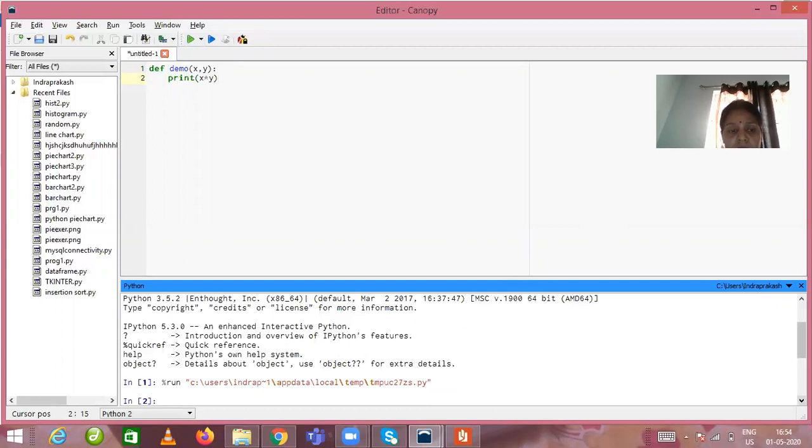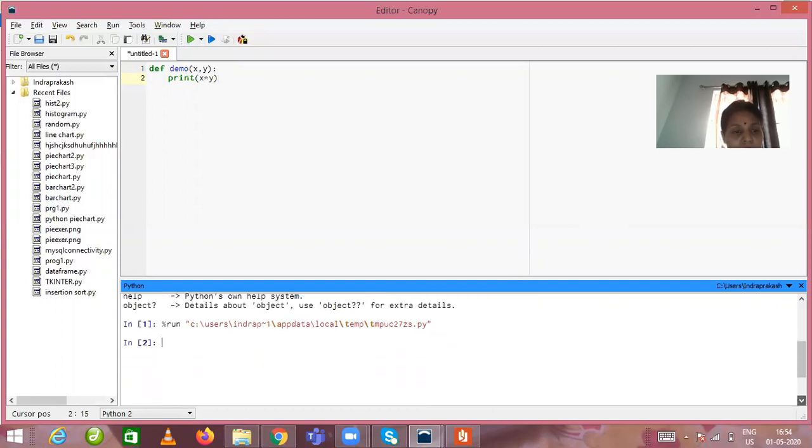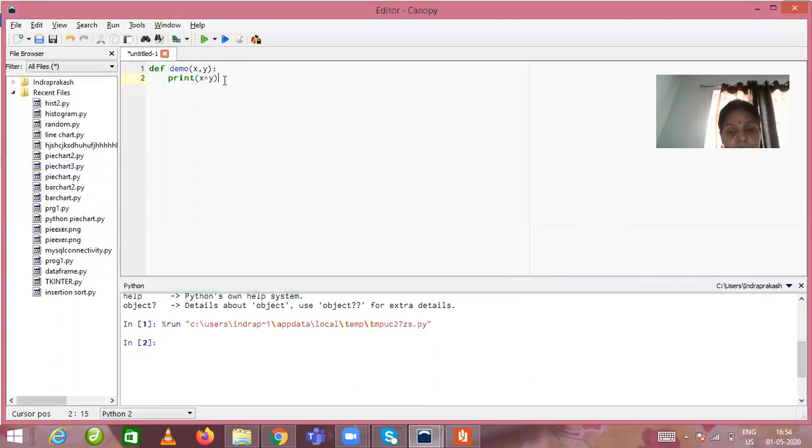See, in this approach we didn't get any output because I have not given a value to the function. That means I have not called the function. So it is very important to call the function. So I am calling the function over here. Whenever we have to create a function in Python, first of all we have to define the function like this, and then we have to call the function for execution. If we have not called the function, it will not execute.